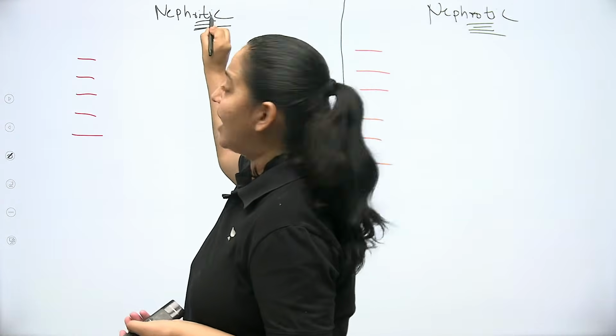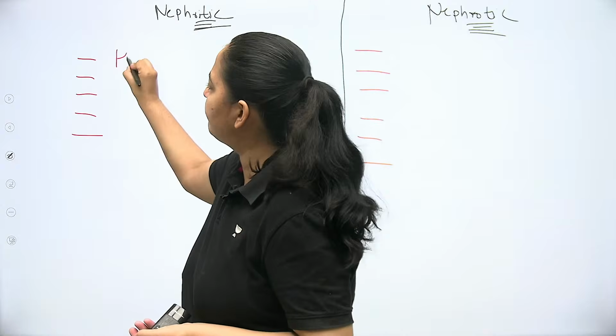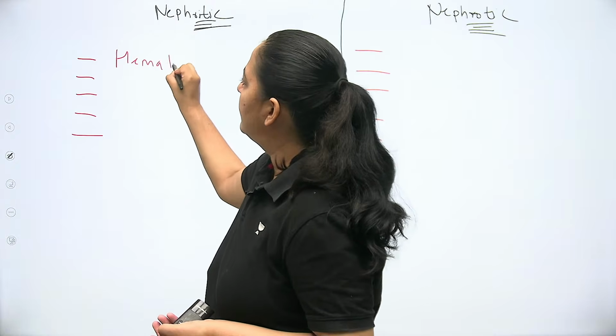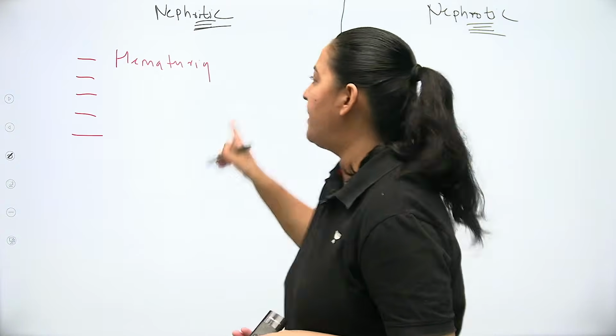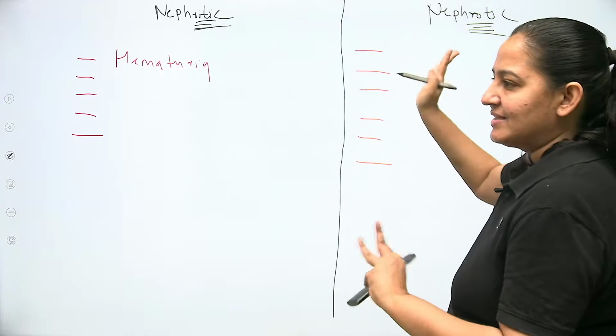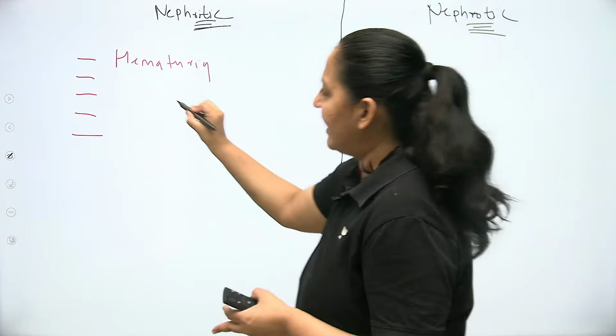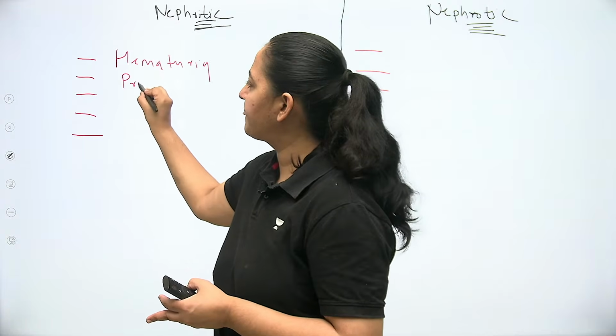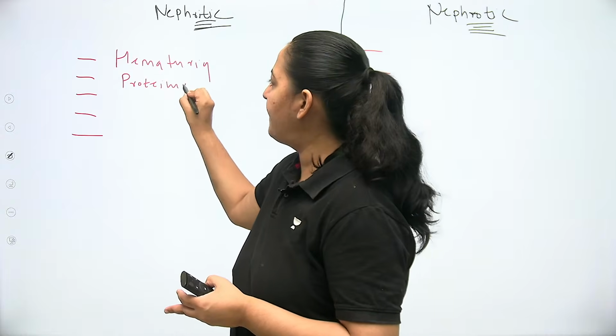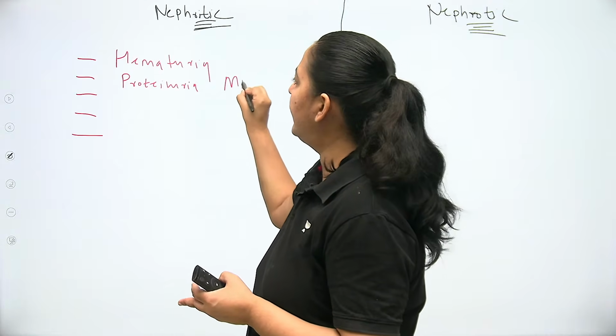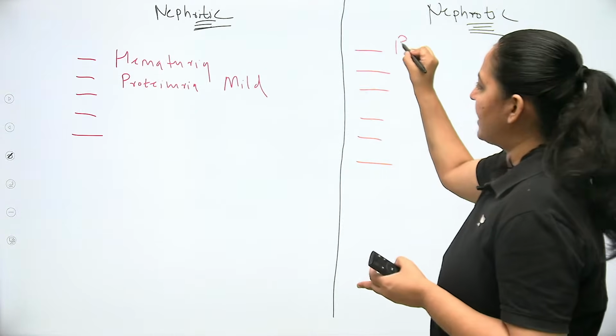So let me start with nephritic. The most important feature is hematuria. Hematuria, that is blood in urine. Hematuria is absent here. Hematuria is never seen here. Yes or no? The second feature here is proteinuria, but this proteinuria is mild. Here also the first feature I will write is